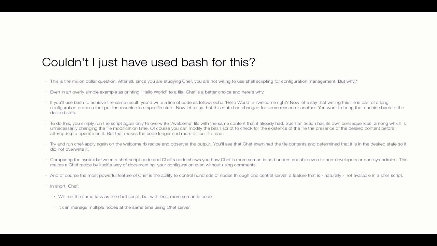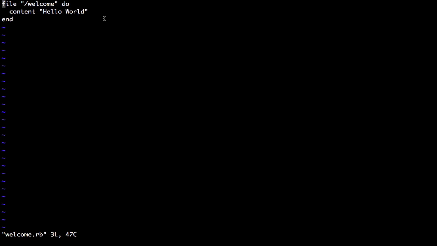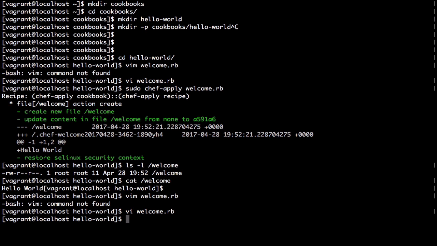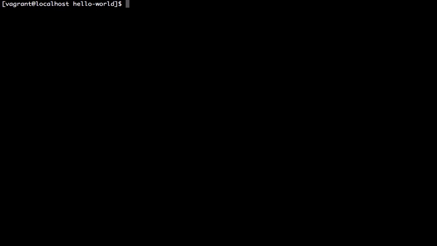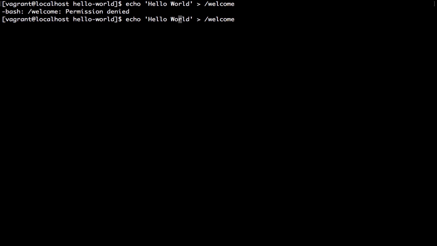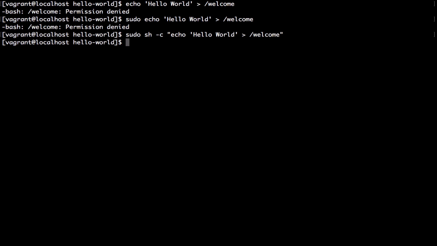And now we have what's called the $1 million question, which is, couldn't I just have used bash for this? In other words, why shouldn't I have used a simple shell script for just writing content to a file? If you've been using Linux for a while, you know that you can just clear the screen. You know that you can easily do what has been done here by just echoing hello world like this, and then redirecting the output to a file that is called welcome, and it is going to, okay, just use sudo again, and it is going to